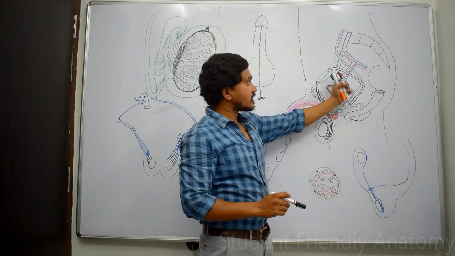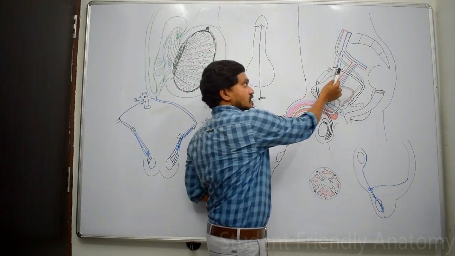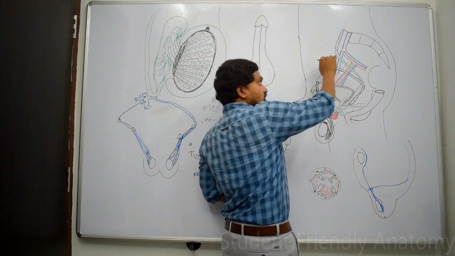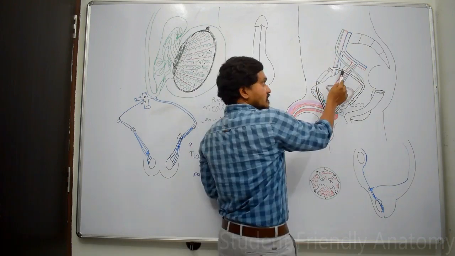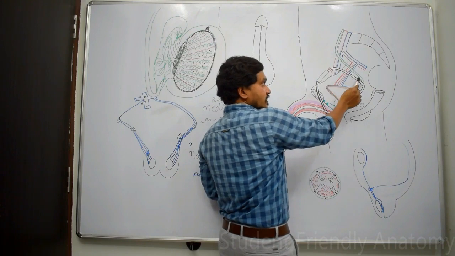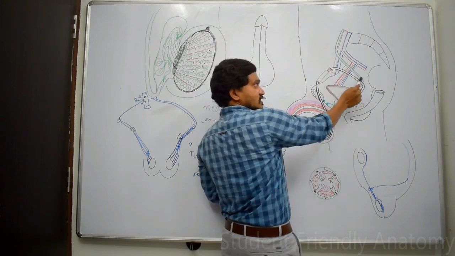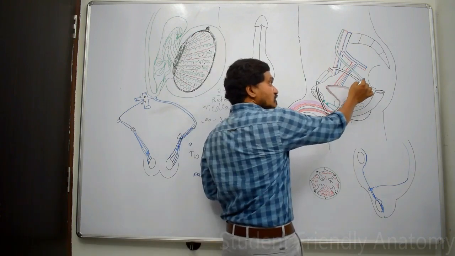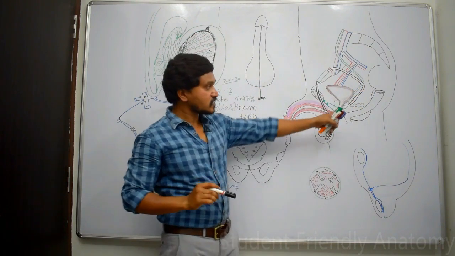Then it enters into the pelvic cavity. After crossing the external iliac vessels, it enters into the lesser pelvis. After that, it runs downwards and backwards on the lateral wall of the pelvis. Here, it crosses the obliterated umbilical artery and obturator vessels. Then it crosses above and medial to, what is this structure? Ureter. After crossing the ureter, it makes an angular bend directed downwards and medially and reaches the posterior aspect of